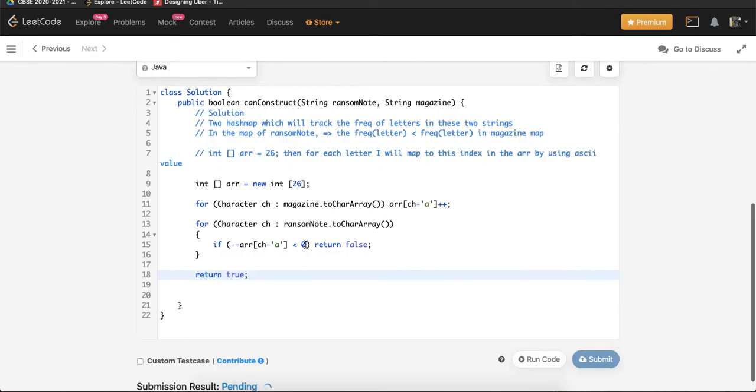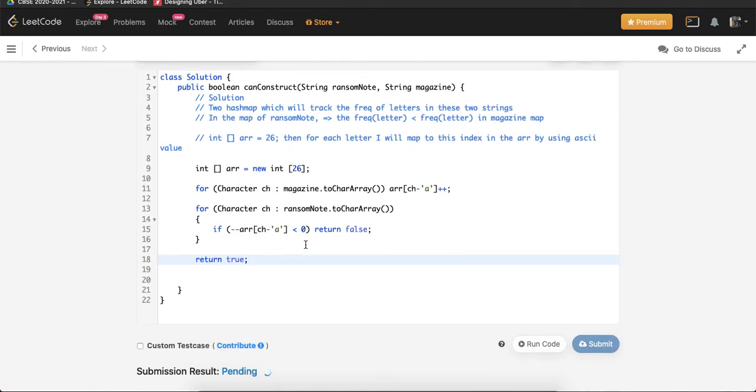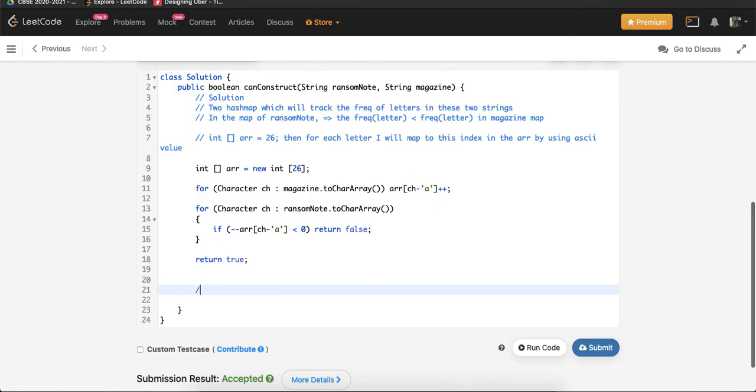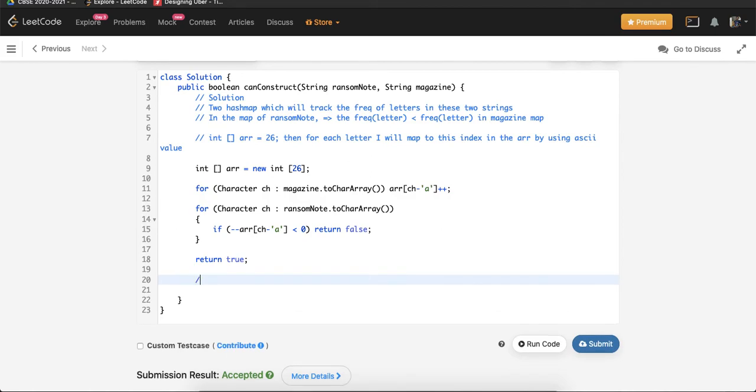Awesome. What is the time complexity? The time complexity will be big O of m plus n, where m is the number of characters in the ransom note string and n is the number of characters in the magazine string.